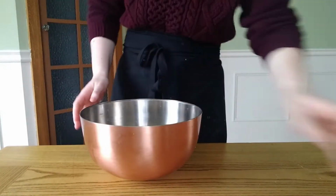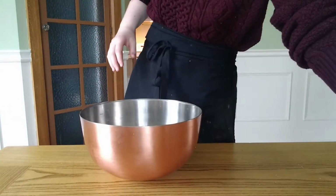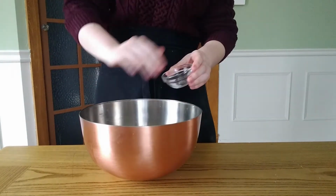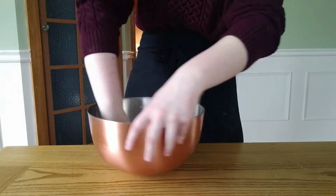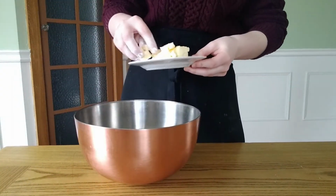So starting with the shortcake part, we are going to mix together in a large bowl our flour, sugar, baking powder, and salt. Make sure that you don't skimp on the salt here. You really want a good solid pinch of salt because it really does add to the flavor. Now go ahead and give this a quick mix together by hand, and then we are going to add in